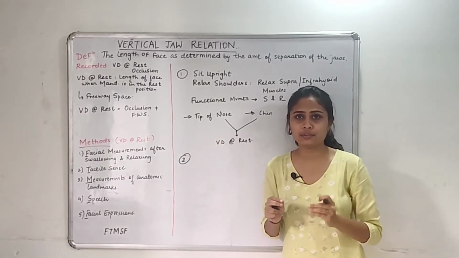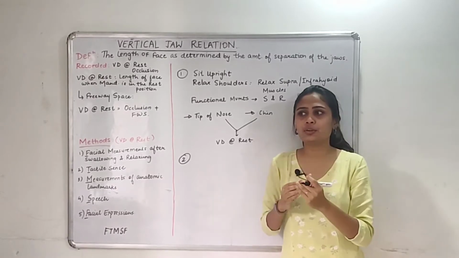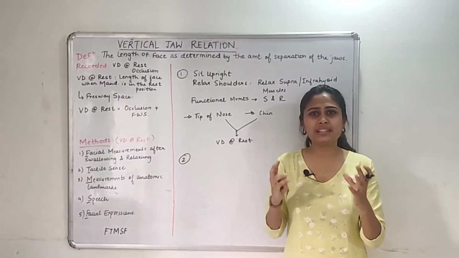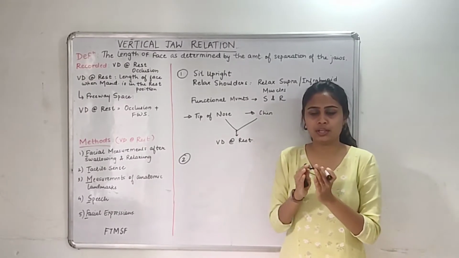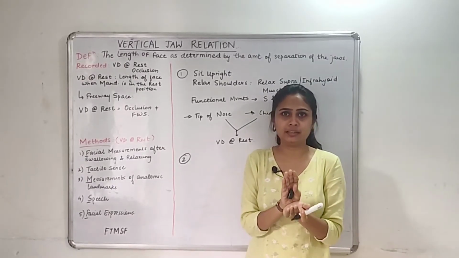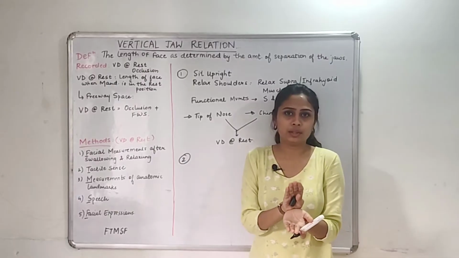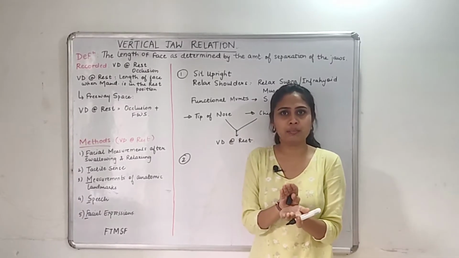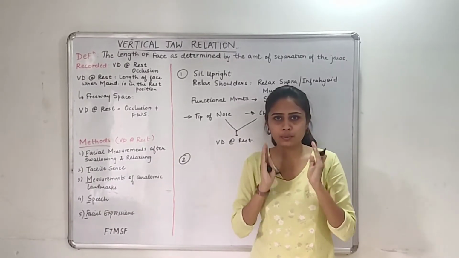At one point of time, the patient will feel discomfort in the muscles. The patient cannot keep the mouth entirely open for a longer period of time. When the patient feels discomfort in the muscles, we ask the patient to slowly close the mouth. The patient will slowly bring the mandible forward towards the maxilla, and then we ask the patient to stop at a comfortable position.